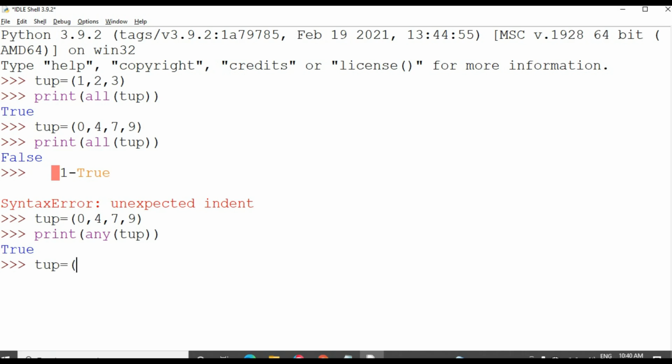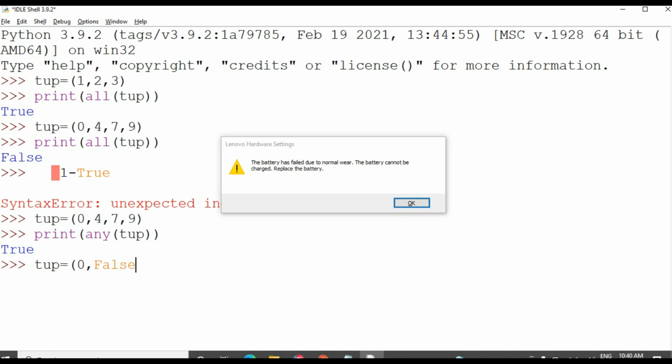Then I'll take one more tuple: 0, False, then again 0, False, 9.